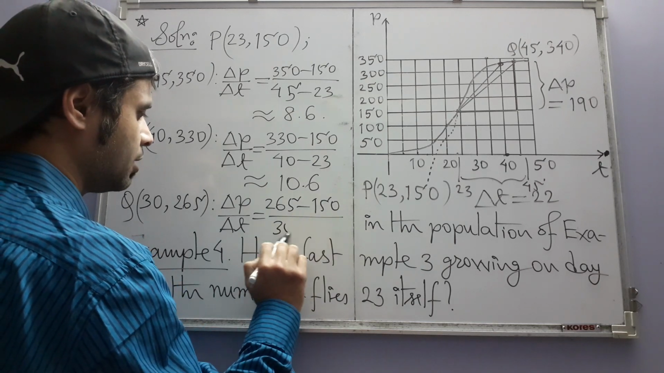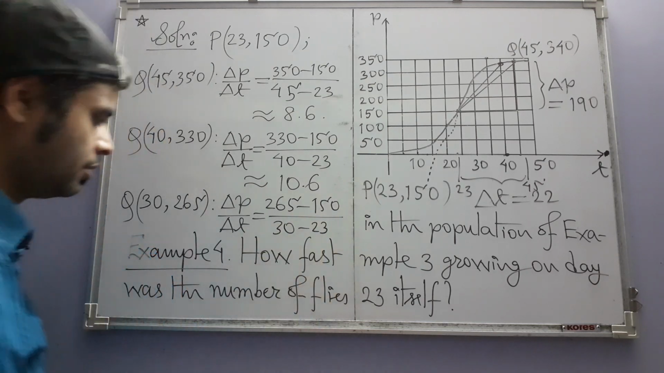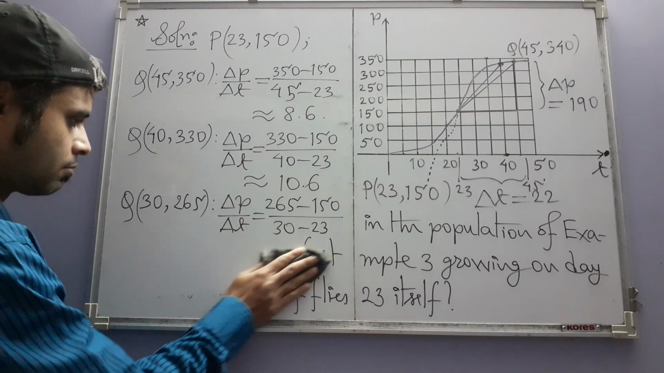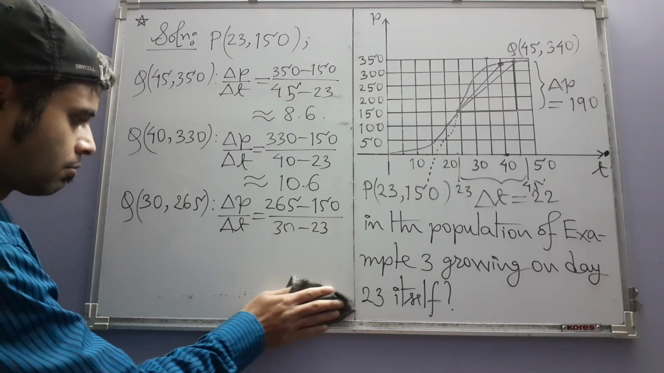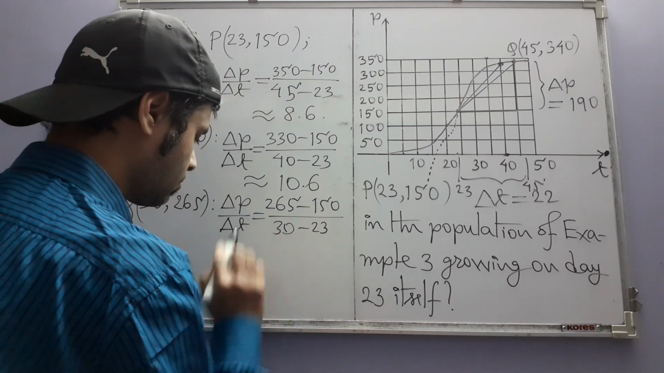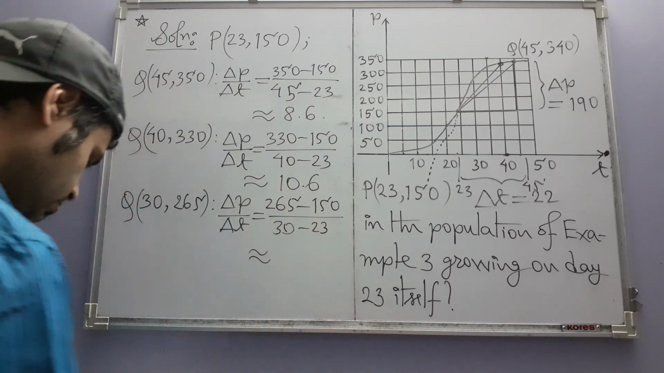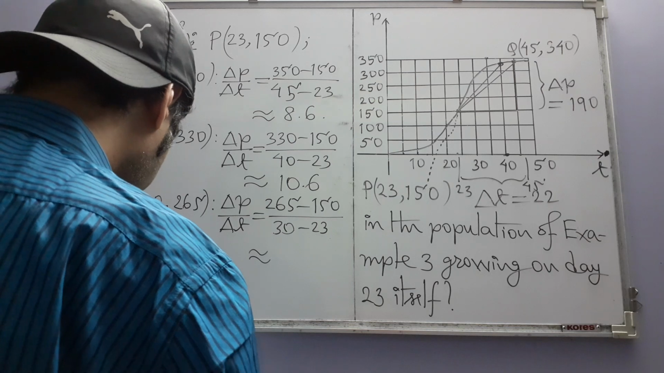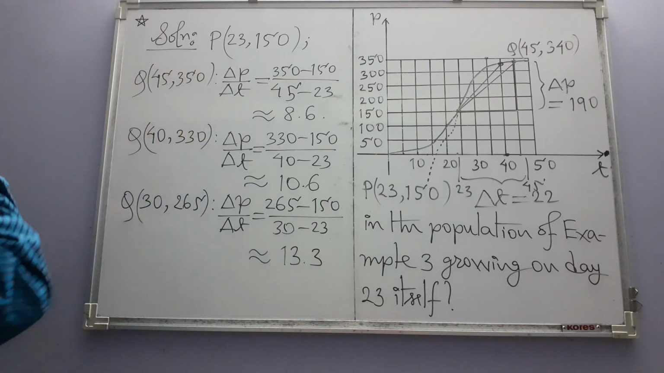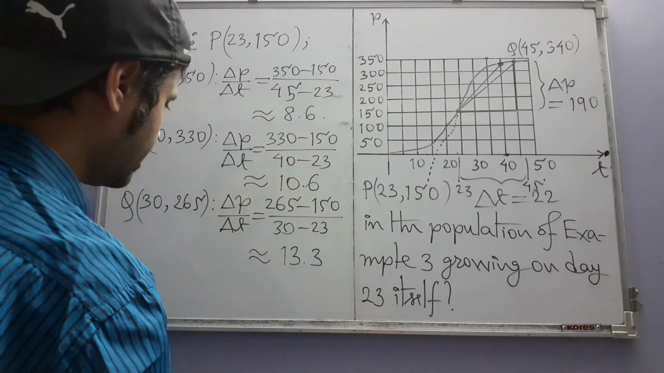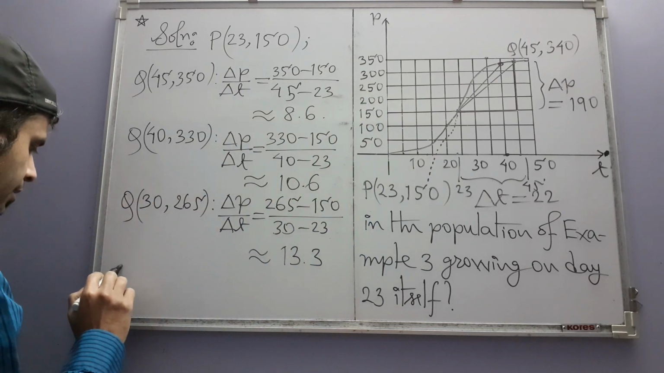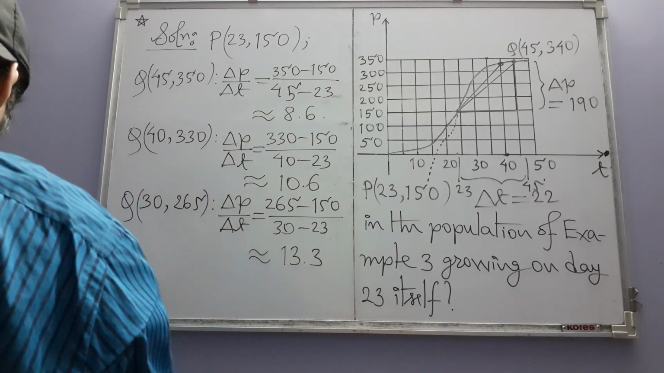Minus 150 divided by 30 minus 23, and this is approximately equal to 13.3. Well, so it jumped from 8 to 10 and then 13 because it's getting steeper and steeper. And then there is one more, which is